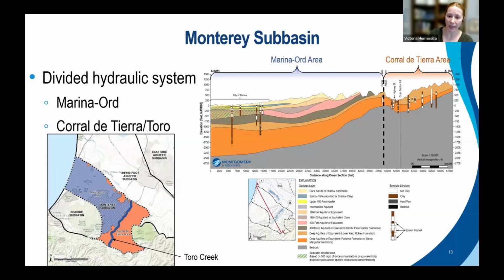So the Marina Ord area, which is more of that blue color and shown on the cross section here, is a hydraulic system that more closely resembles the 180-400 subbasin. We have our stacked aquifer and aquitard system. There are minor differences that we find in the Monterey subbasin, but you can pretty much see how that relationship cuts across here. As we move to the right of this cross section, this is the Corral de Tierra management